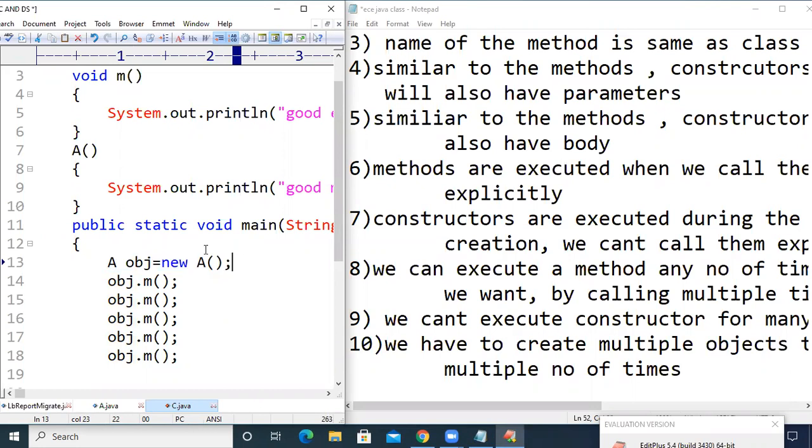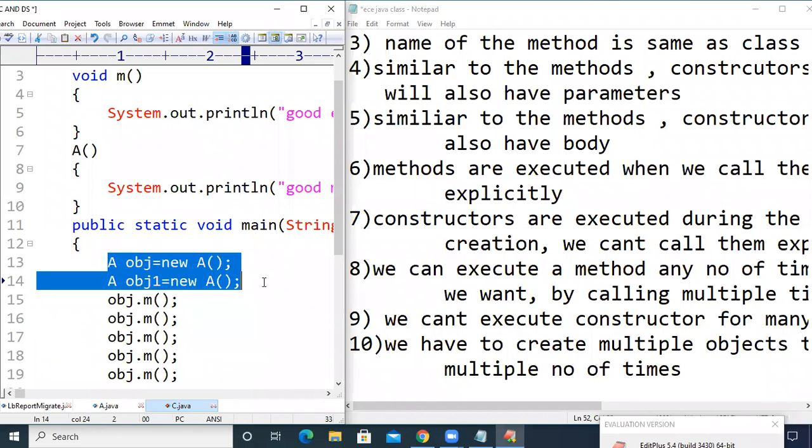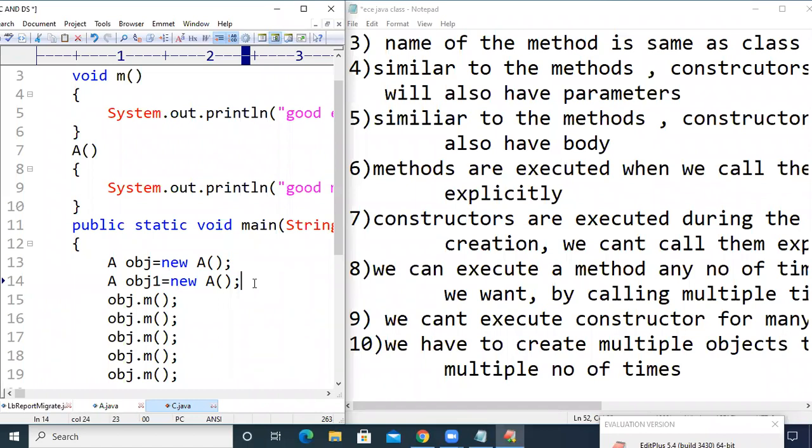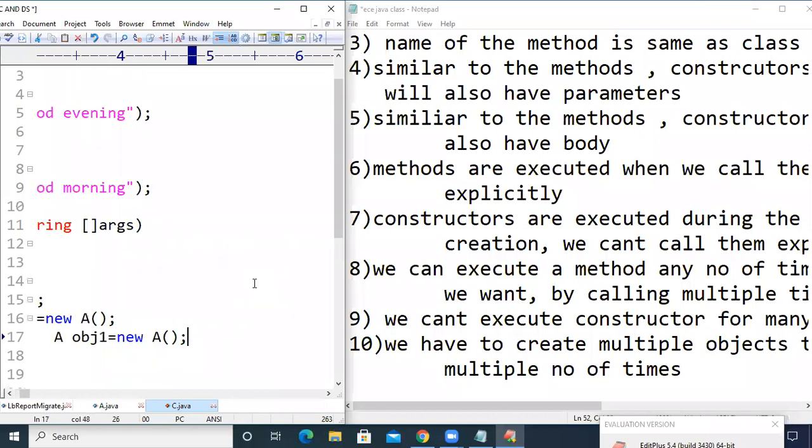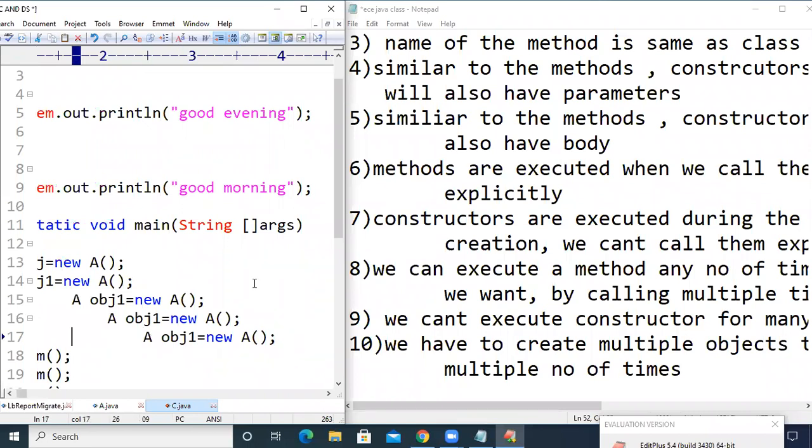If you want to execute the constructor again, just create another object for the class. Now the constructor will get executed twice because we have created 2 objects. If I want to execute the constructor 5 times, then I have to create 5 objects.